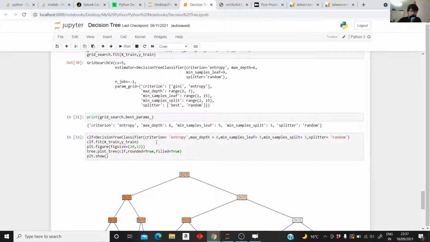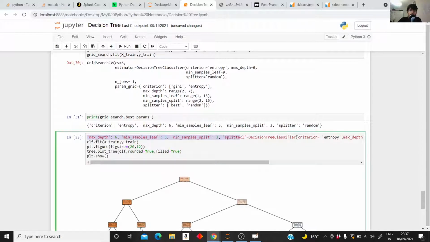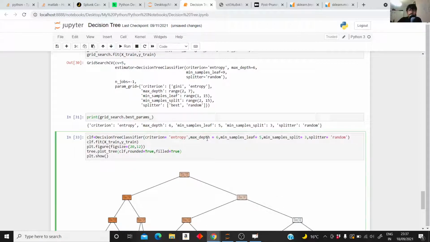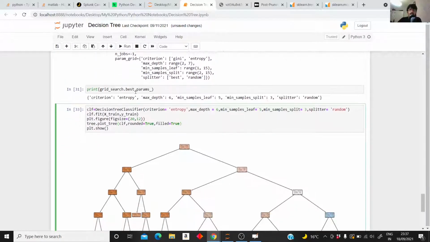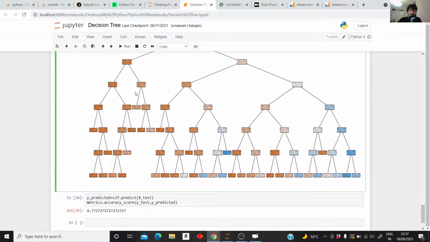So what I did is I'm again passing all these arguments, but now with the best parameters. I just copy pasted all the parameters that are best, given by GridSearchCV, and then I am plotting the tree, and now I am getting this tree.